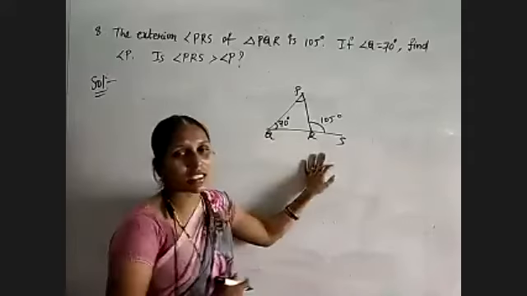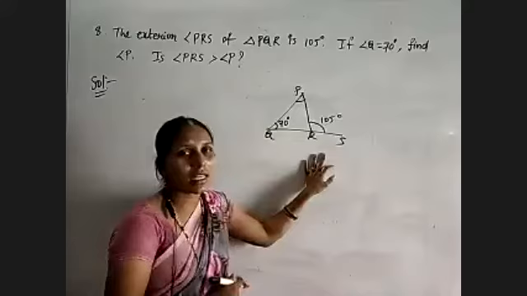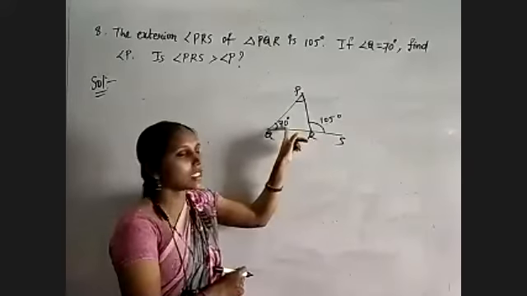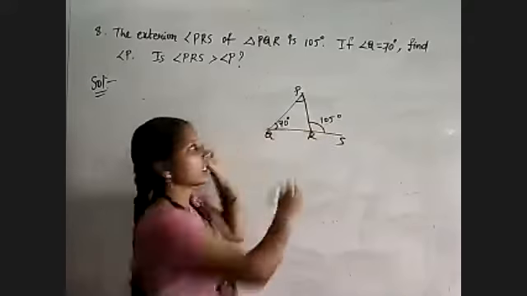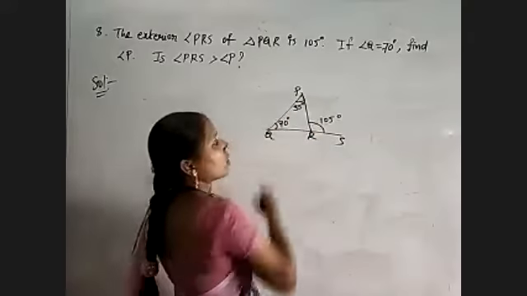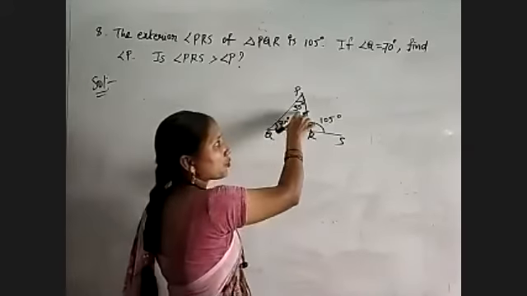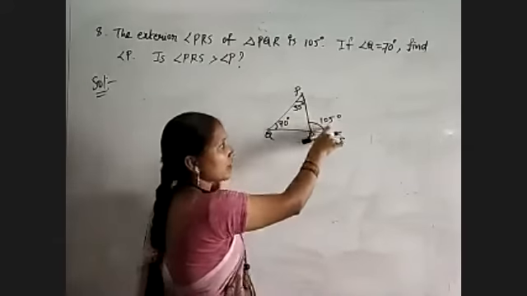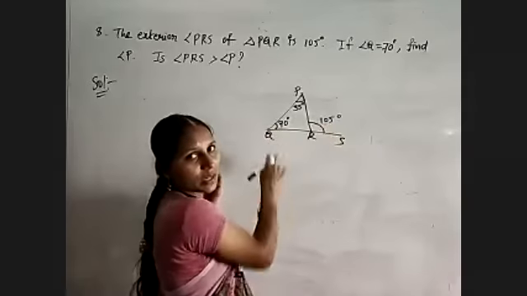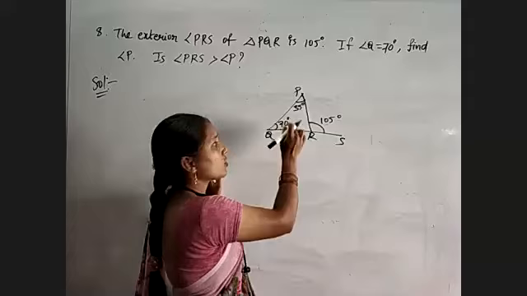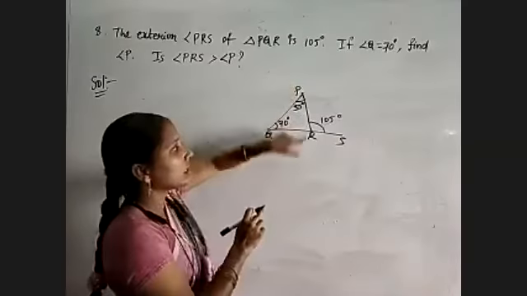See, from the exterior angle property, the exterior angle of a triangle is equal to the sum of two opposite interior angles. So one of the angles, 70 degrees, is given. 105 minus 70 is nothing but 35 degrees. So this one is greater than angle P. Just listen. The sum of two angles only, this one means that with that sum only, it is more than the remaining two values. Yes or no? The sum is greater than these two. Yes or no? So angle Q, whatever sum we are getting, that is more than whatever exterior angle they are giving, it is more than the sum of those two angles.